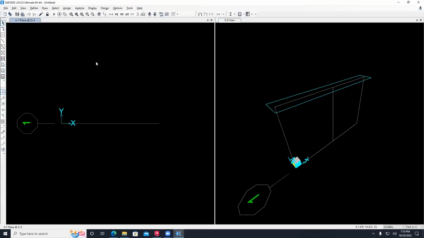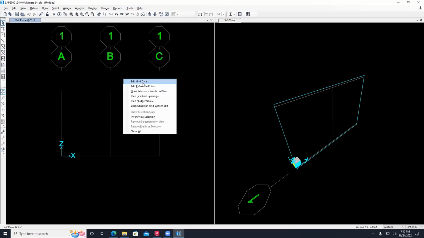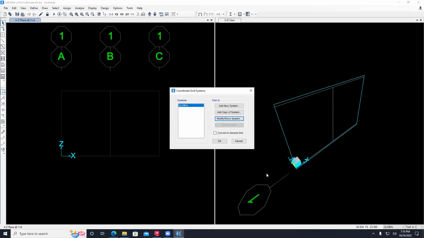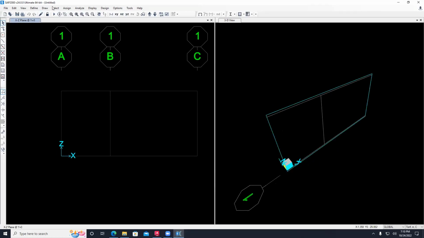Then I will convert the XY plane here to XZ so that I can see my XZ. Then I will edit grids data, modify, and I will make this 2.25 plus 4, 6.25. Say okay. So this is a little bit difficult problem because I don't have a specific cross section